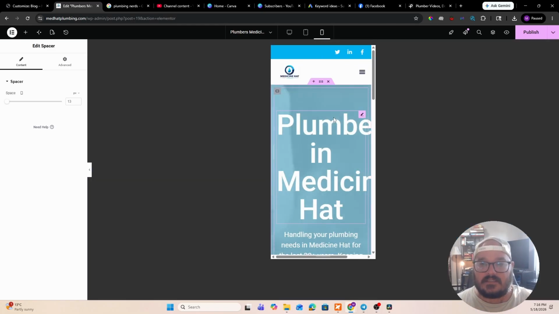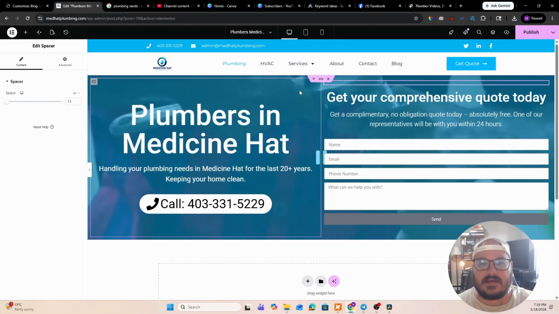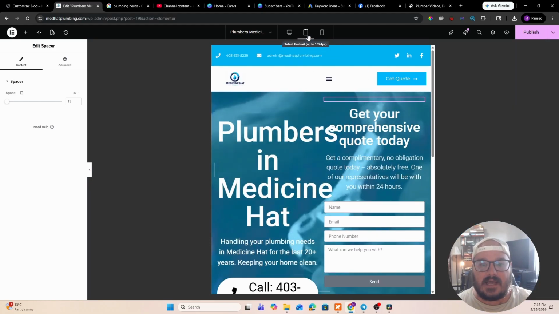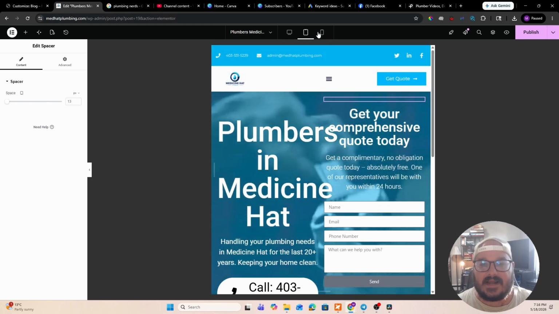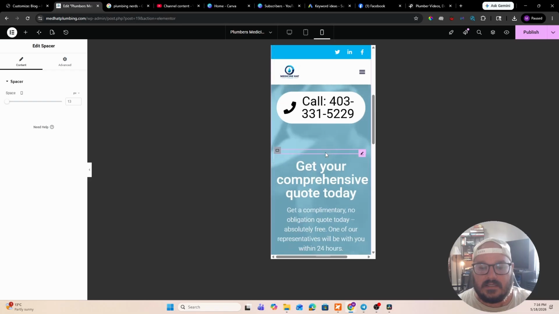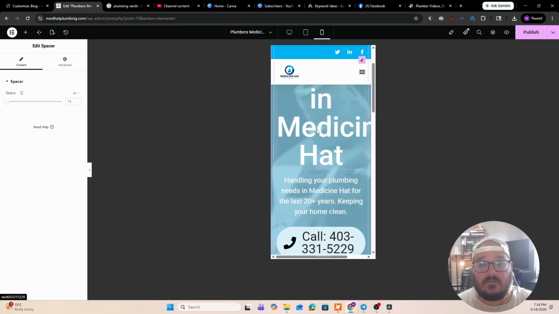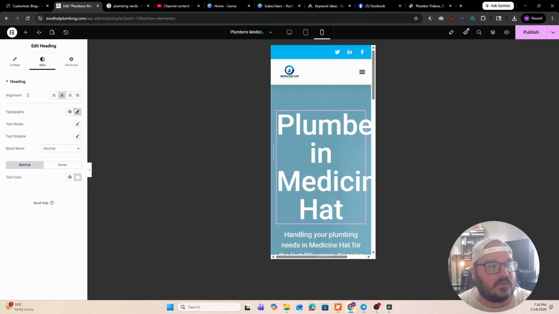Now the cool thing is that Elementor has an automatic feature where it allows you to see not only your website in your desktop version, but it'll allow you to see your website inside of an iPad, for example, or inside of a mobile device. So I don't like how this is actually turning out. So all I've got to do is go in here and once again style it,